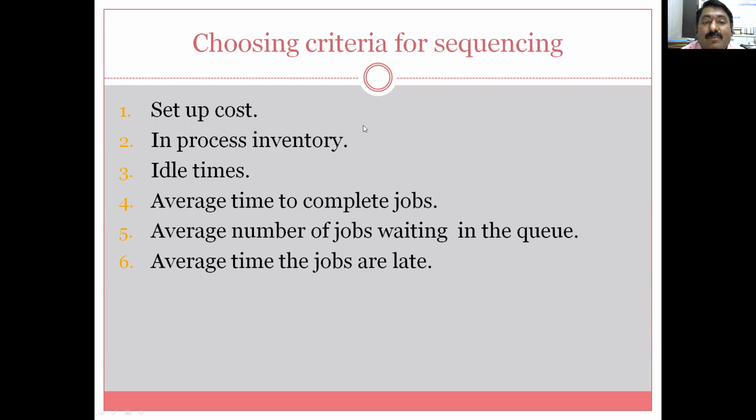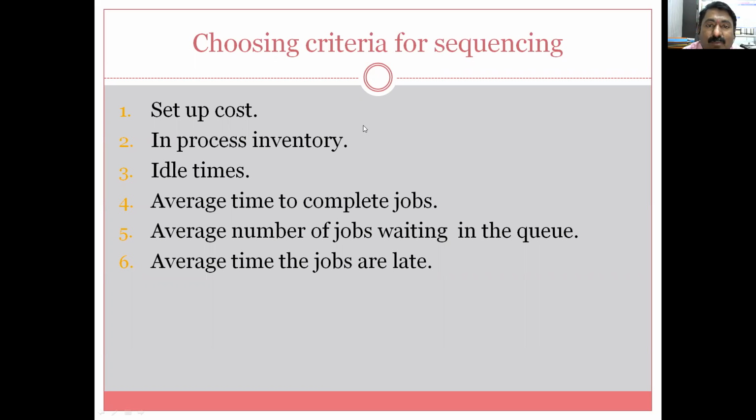Average time the jobs are late. This is also very, very important. The job should be loaded on that particular machine today at 1 o'clock. Or I will take a past tense example. The job loading time was on Monday. Today is Thursday. Approximately 4 day delay. You assume that around 12 o'clock, so 1, 2, 3, 4. Exactly 4 day delay is there. So this is also one of the important parameters, which job is lagging by what time.